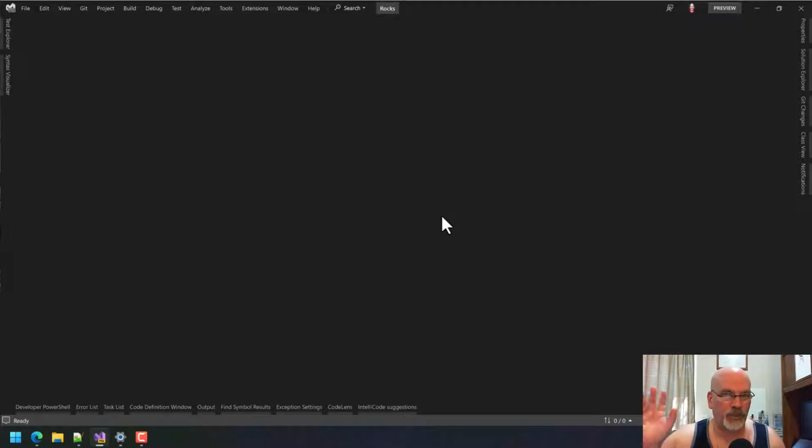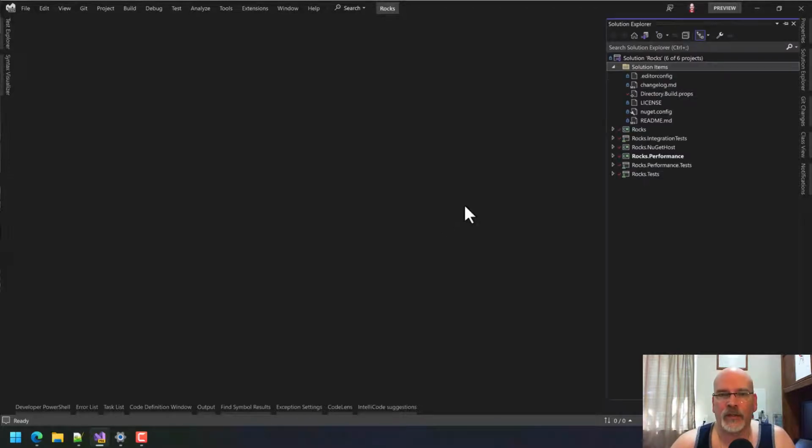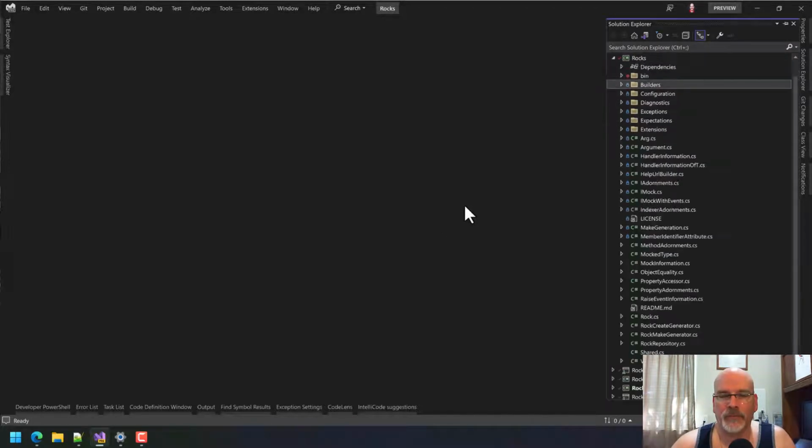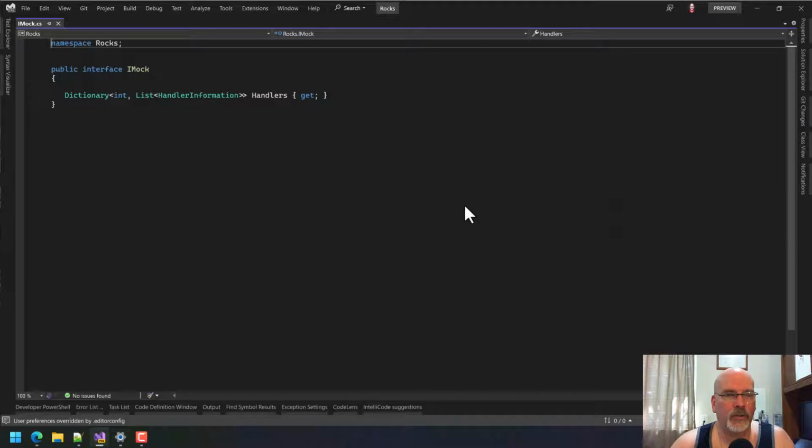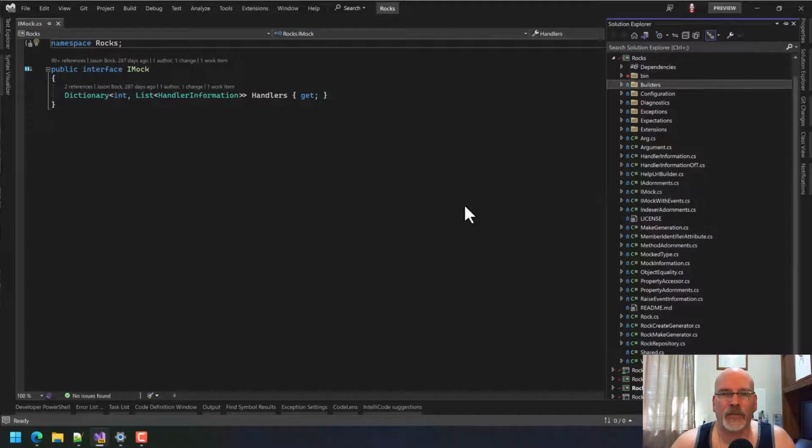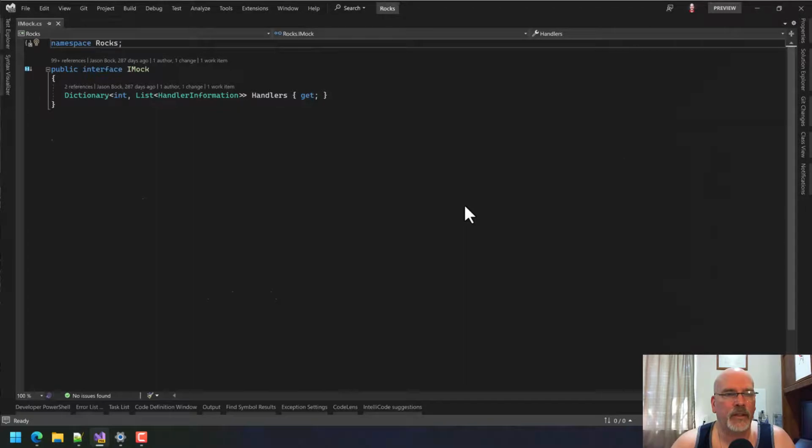So it's basically 3 main things I have to do. The first one is just a little bit of cleanup. So let's get to that. This all has to do with verification and expectations. So what I realized is, we have this IMock interface here, which has these handlers, which we really don't need. If you look at expectations, not exceptions, expectations, you'll see that here